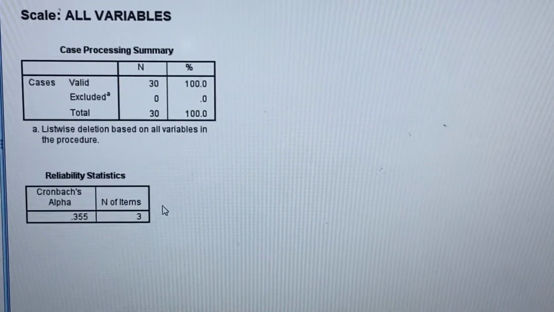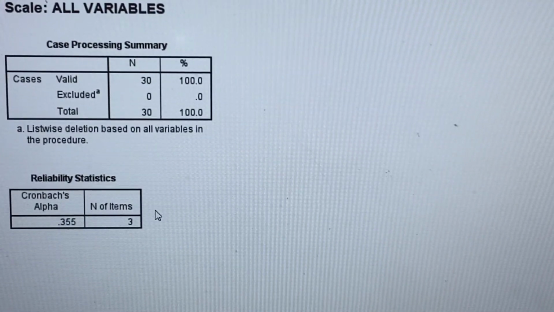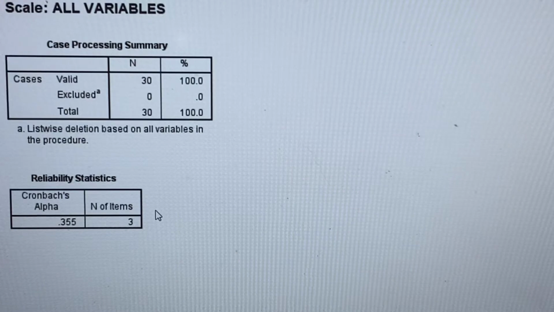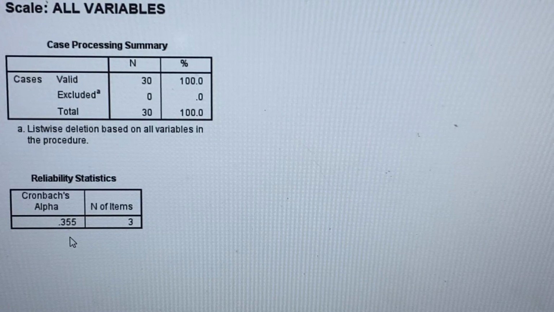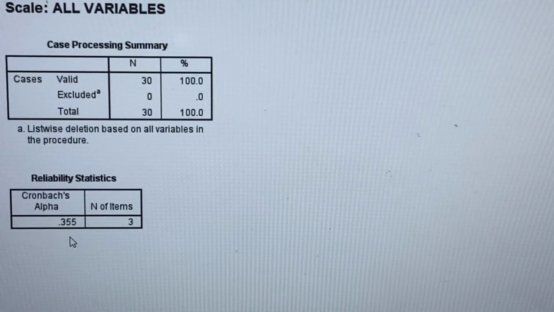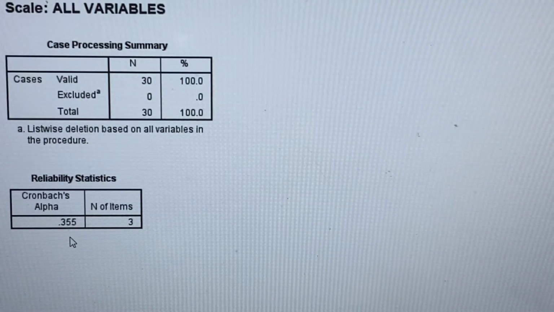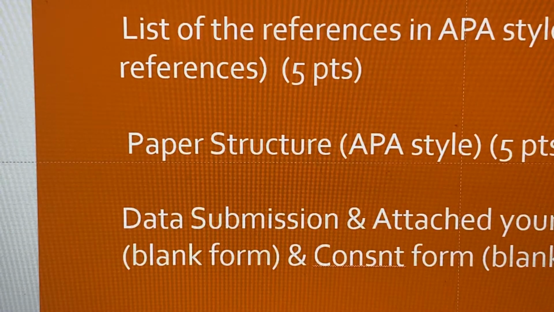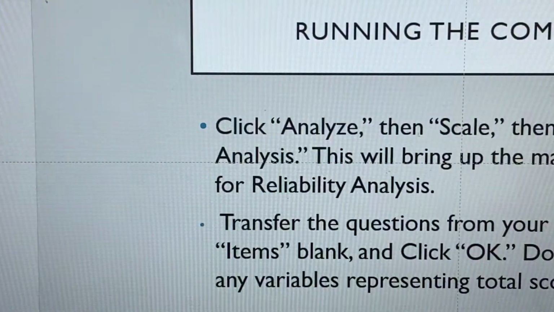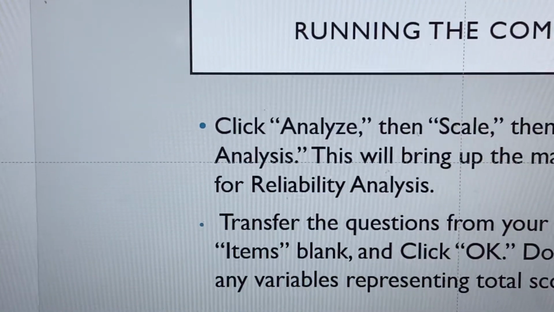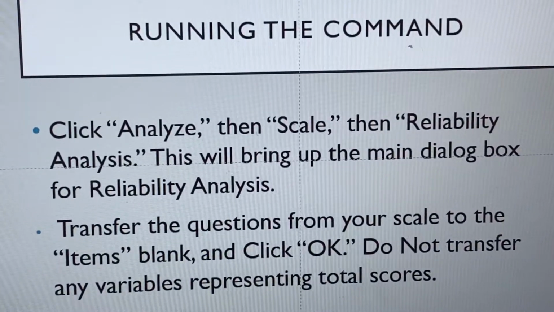Okay, so here is the Cronbach alpha, 0.355. Okay, it's not great, but that's your Cronbach alpha, right? Remember the, okay, so let me go to PowerPoint here. Sorry, I went to the wrong one. Okay, so this one, right? So here it says,